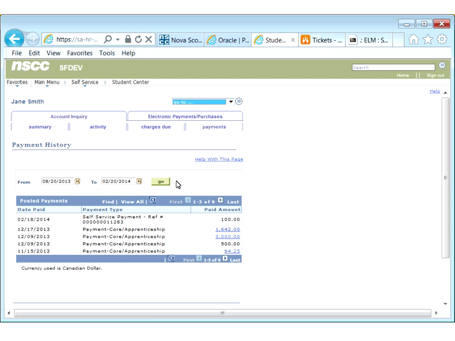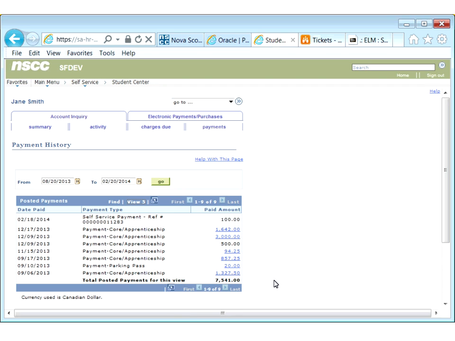All payments made to your account will be displayed, identifying the date paid, the type of payment, and the amount paid. Click on the View All button to see more. A total for the date selected will show at the bottom of the paid amount column. To view the details of a payment, click on the payment in the paid amount column,